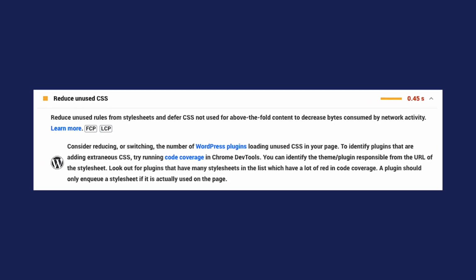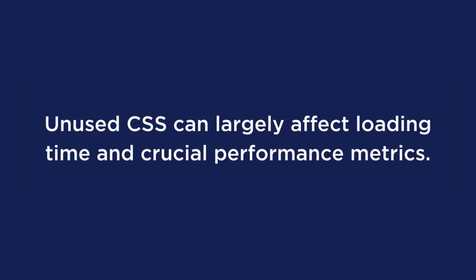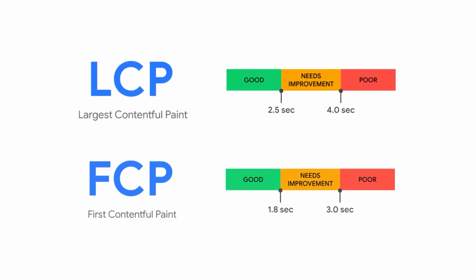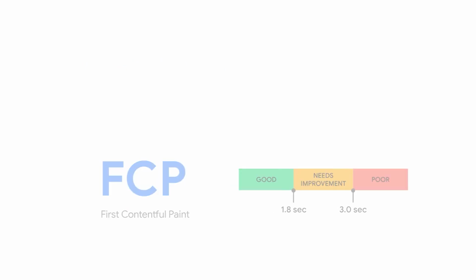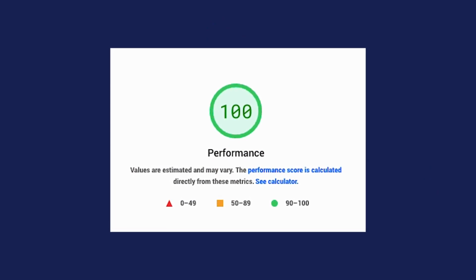Now this is something that our team has been working insanely hard on, and we're always trying to offer the best performing and simplest plugin for you to use. It's no exaggeration to say we know which optimizations can make a difference in your site's performance. And with that being said, removing unused CSS is one of them. Unused CSS can largely affect loading times and crucial performance metrics, such as largest contentful paint and first contentful paint. By removing or reducing CSS, you will have the opportunity to improve your PageSpeed Insights score and make your site